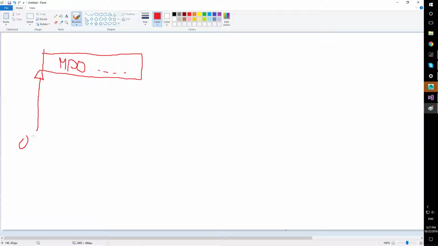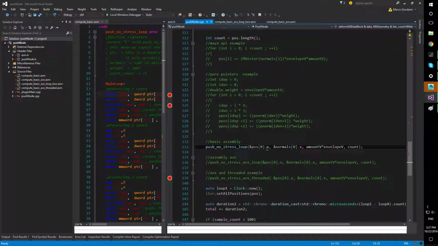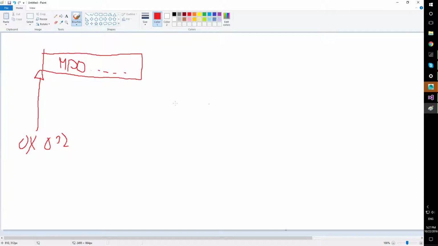So that should be, I don't know, 0x, 0, 1, 2, whatever, right? Doesn't really matter. So if you just grab the address of pos, of the endpoint array, this is not where the data is, right? Because the endpoint array is a resizable container, right? So it's an abstraction that makes resizing arrays easier for you, because in a computer, a resizable array doesn't